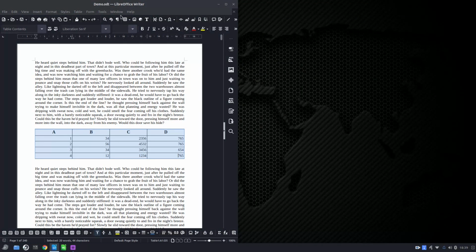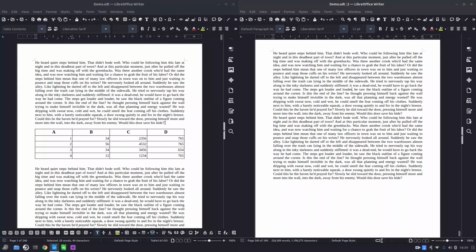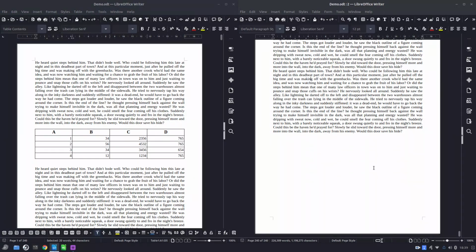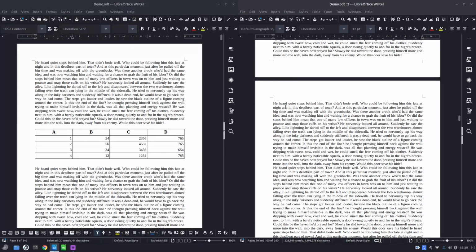So open here, window, new window, move the window to the right, and on the left you can keep the table and you can edit on this document. And here I need to comment about this table. So let's comment in table 1